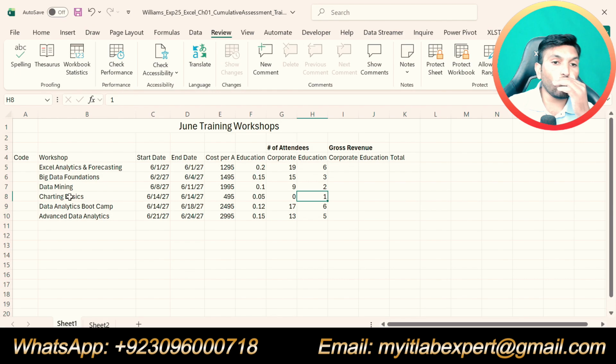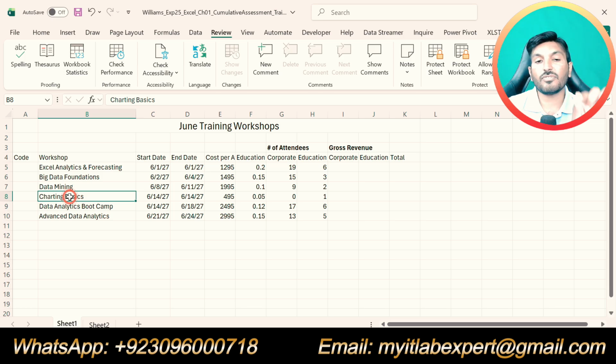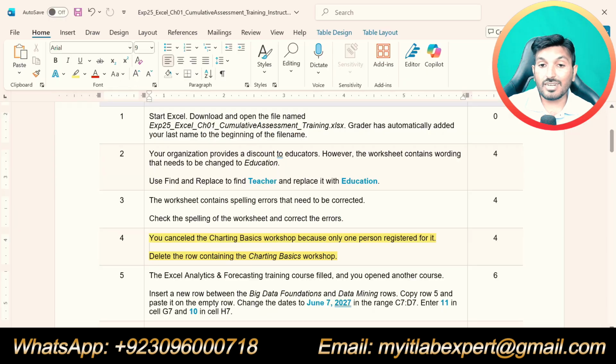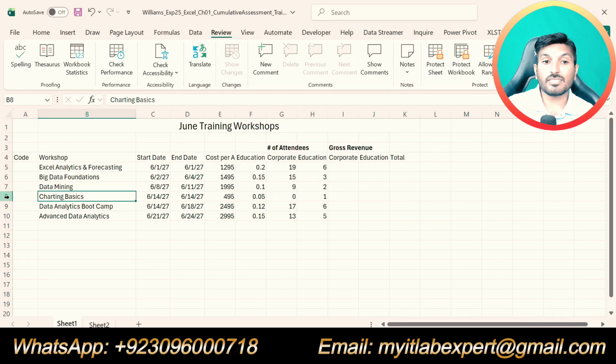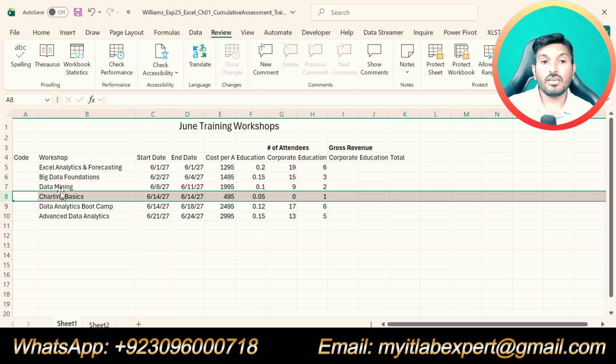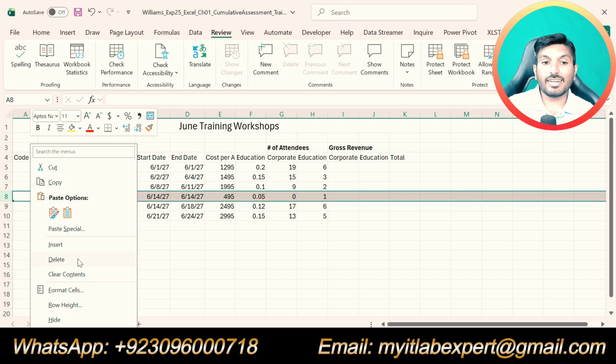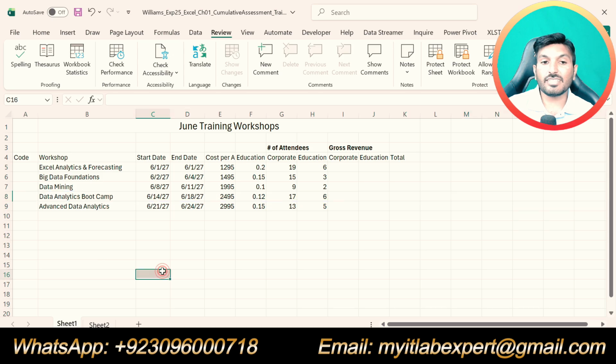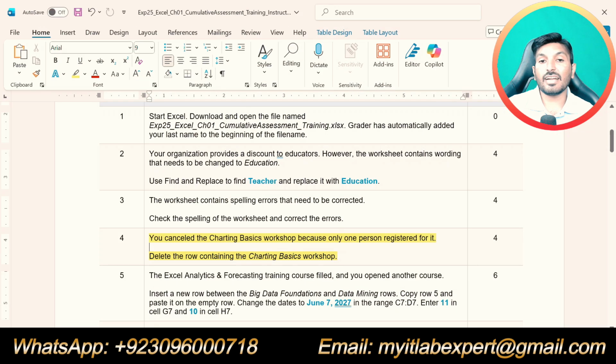We don't need that row, so we are supposed to delete this entire row. Select it, right click on it and click delete. So we have deleted the charting basic workshop row.